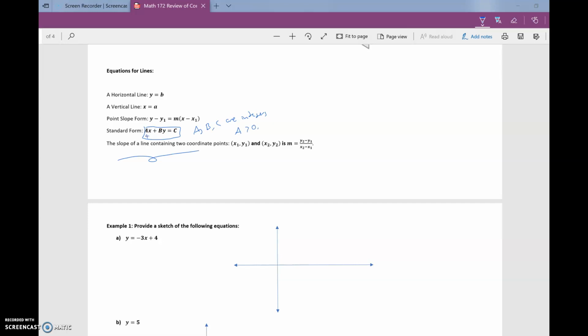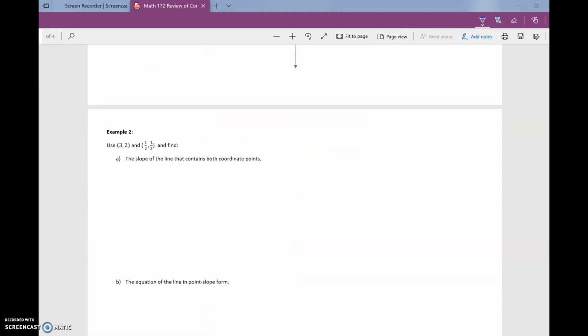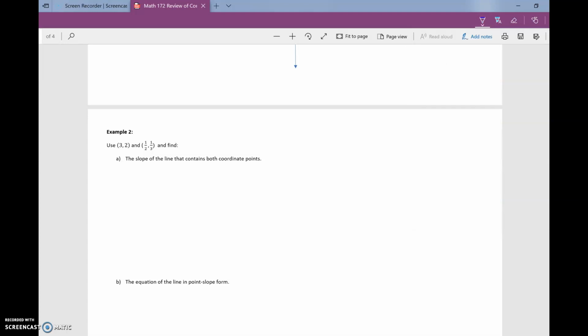So technically, once you rewrite it in that form, you have to make sure that you get rid of all the fractions, and then you express A as positive. Okay, so let's take a look at this one. And the easiest portion would be, let the first coordinate point be x1, y1. Second point be x2, y2. So I'm just going to say, let x1 comma y1 be 3 comma 2,